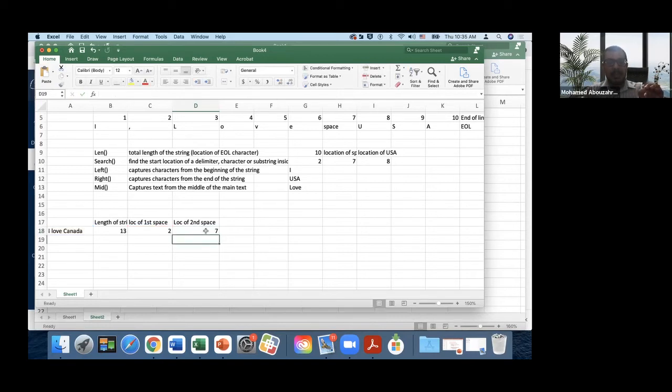So this time I will get the correct location of the second space. The third parameter in the search function is what helps us differentiate between the locations of the same character, if the same character is repeated in the sentence. If you want to look for the first space, you start from the beginning. If you want to look for the second space, you start after the first space. If we have another word here and I want to start searching for the last space,